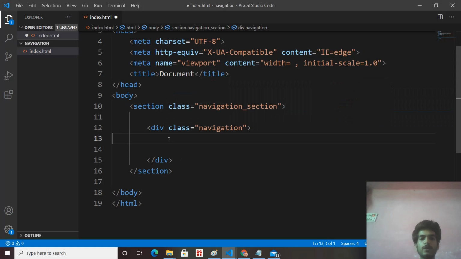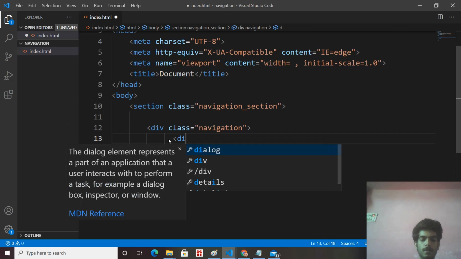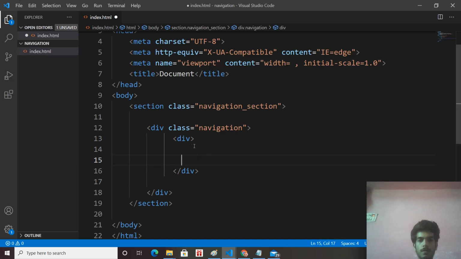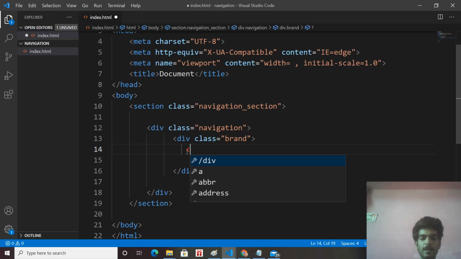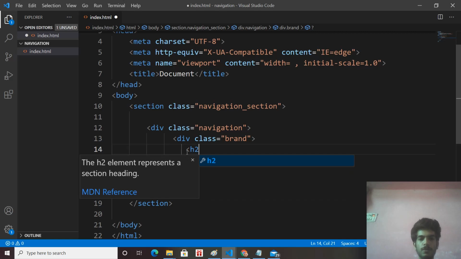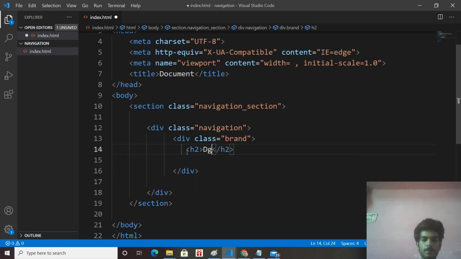Okay, so let's create two div tags in the navigation container. This is the brand div in which we are writing our brand in an h2 tag, digital.